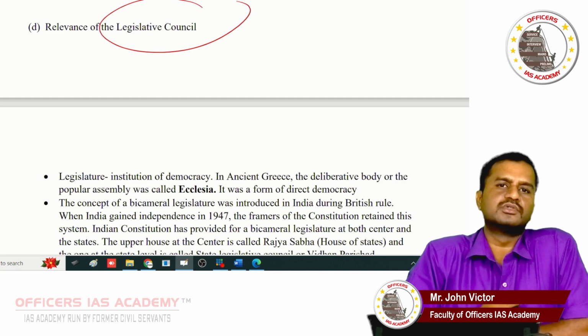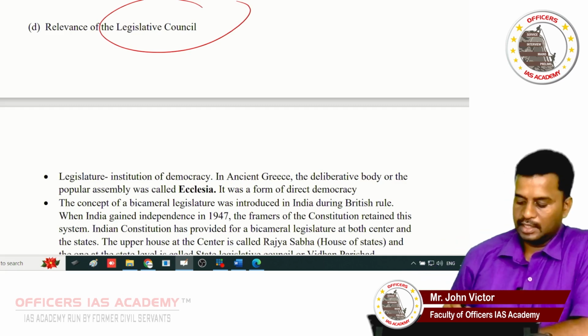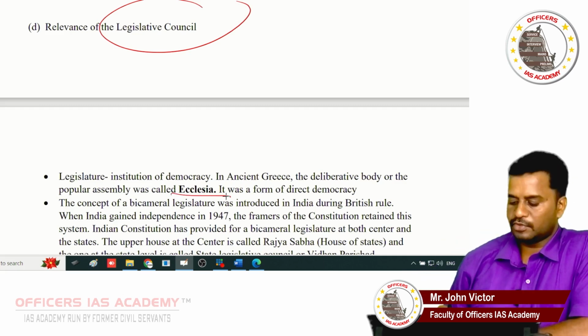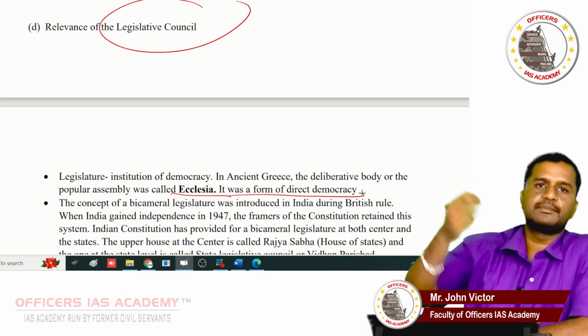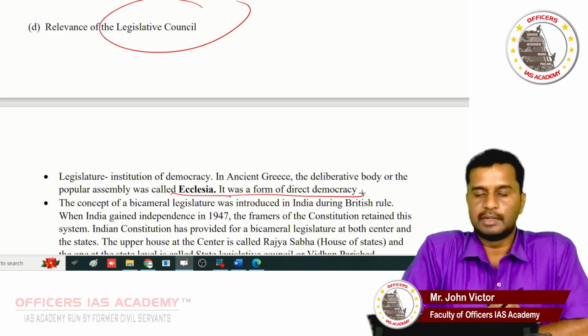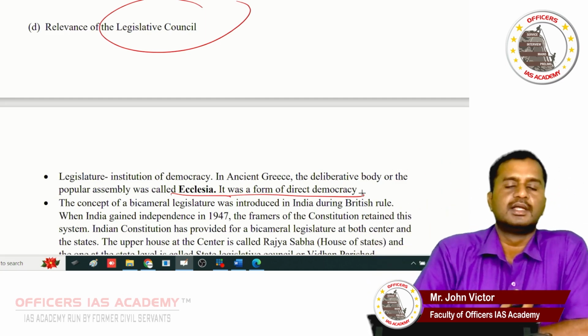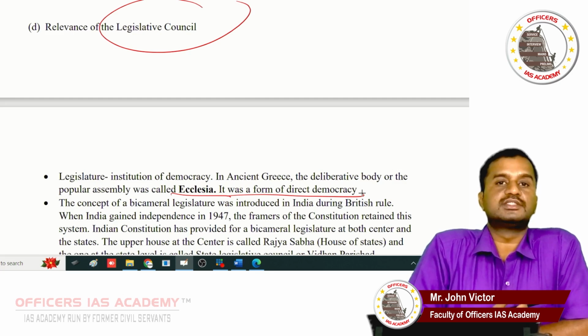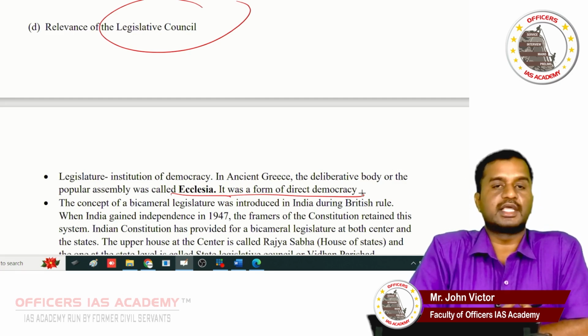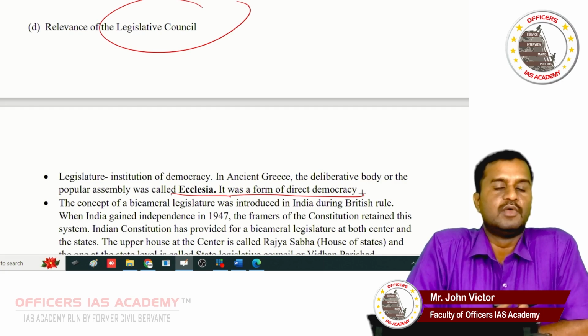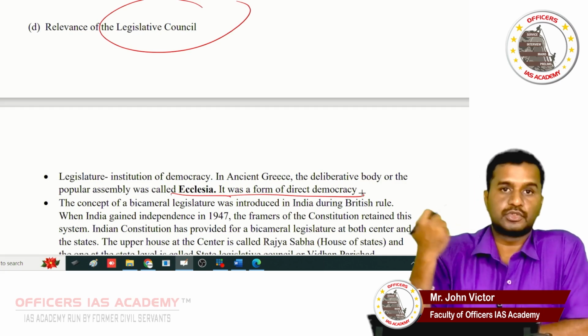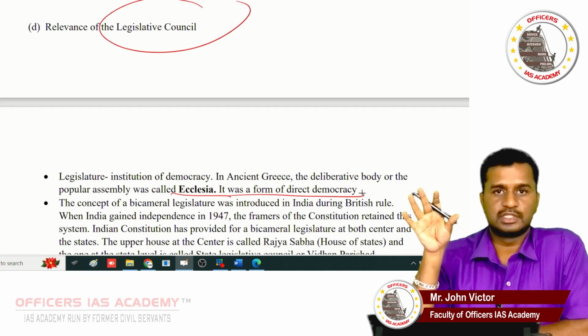How can we look at the Legislative Council? Can we look at it as a form of ancient democracy? In ancient Greece, democracy was seen through the legislature called the ecclesia. It was a form of direct democracy. Then came indirect democracy or representative democracy. So touch these concepts. We can see philosopher kings in the Legislative Council. The philosopher king was spoken of by Plato and Aristotle. Philosopher kings are rulers having virtues. They are best equipped to rule, is it not?